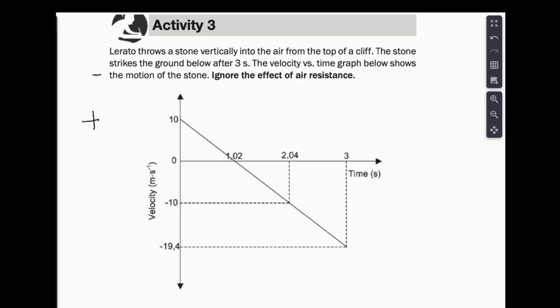Okay? I think this will help you to plot out your velocity time graph and also give you an opportunity to plot out your displacement time graph in the most accurate way possible. The velocity time graph is a straight line graph, okay? And your displacement time graph will sort of follow the parabola because you would need to plot